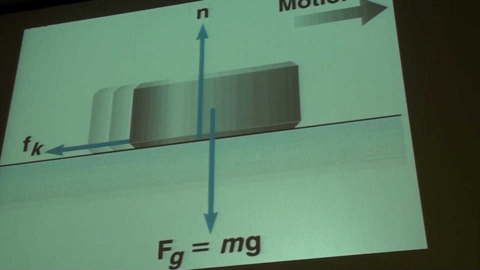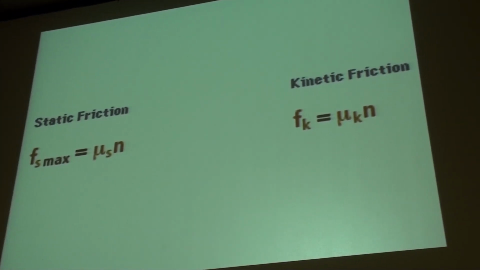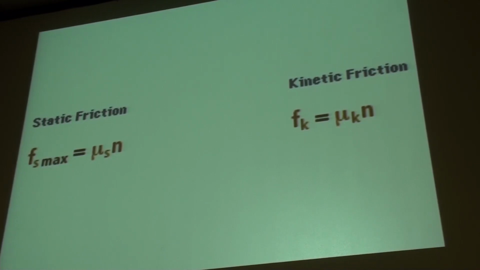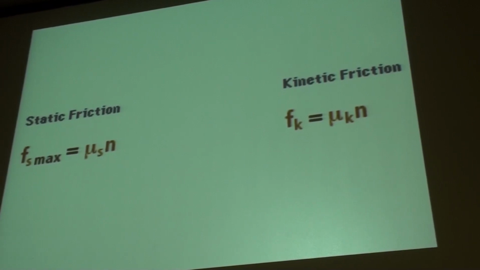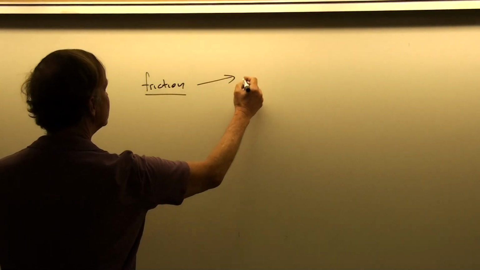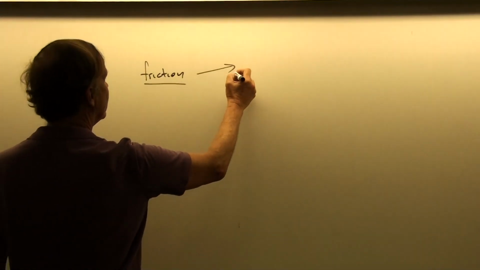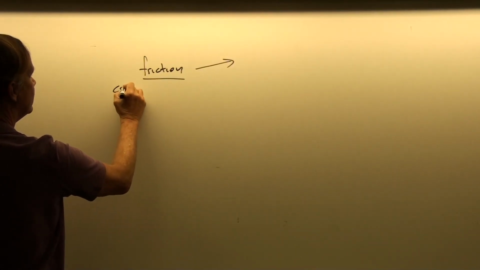Now, the next thing that I'd like to talk about, just briefly, so that we can solve other problems. This actually gets a little bit into chapter 5, but that's okay, because I like to cover it all at once, so I don't have to go back to it and then redo the same problems with friction later. We can think of friction as being a dissipative force. It is associated with a contact force between objects.